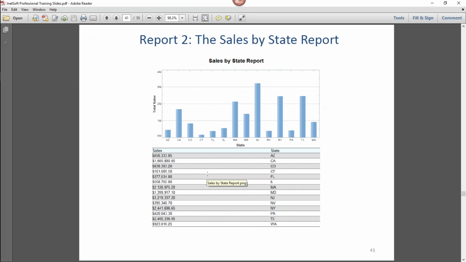So basically, the table is going to give us the same information as the chart. It's just going to be the states and the sales. Now here they've arranged it in this picture in a weird way, with the state on the right and the sales on the left. If that appeals to you, that's fine, but I'd prefer to see it with the state on the left and the sales on the right. But let's just see how we can go about creating this table.